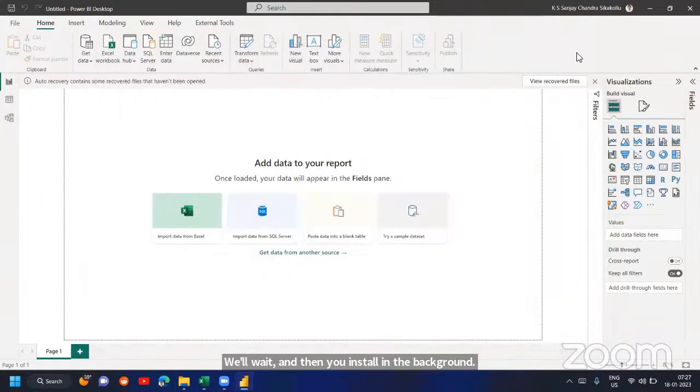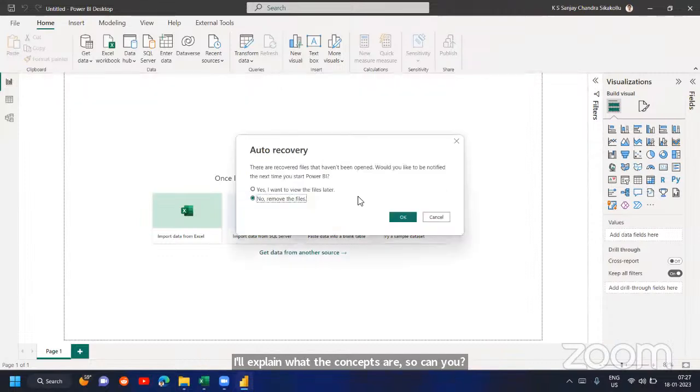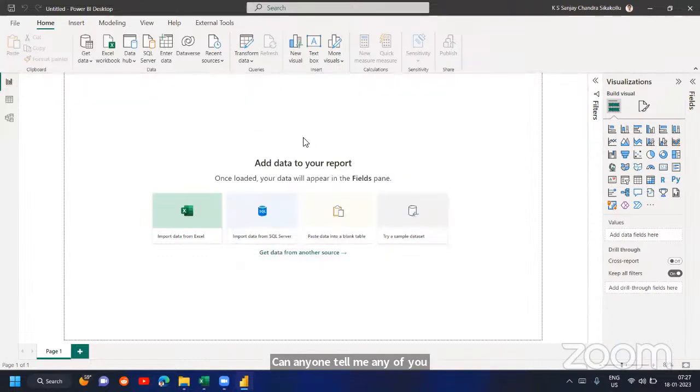Can anyone tell me, did any of you not install Power BI on your systems? Or has everyone installed Power BI? I have not installed Power BI yet. Okay. What you have to do is go to WhatsApp, yesterday's chat. Click on that link, go to downloads, and you'll find two versions, 64-bit and normal 32-bit.